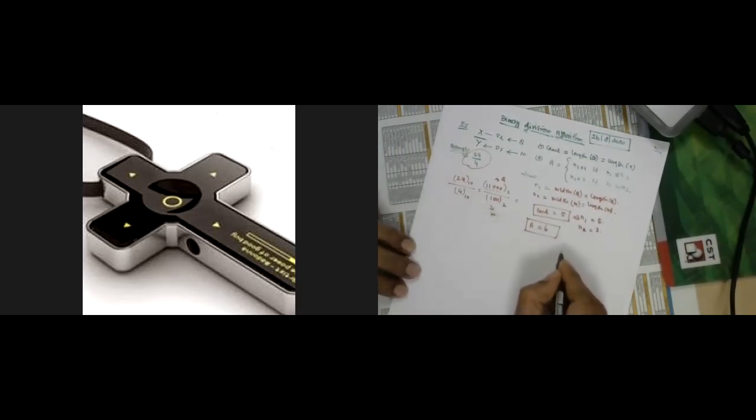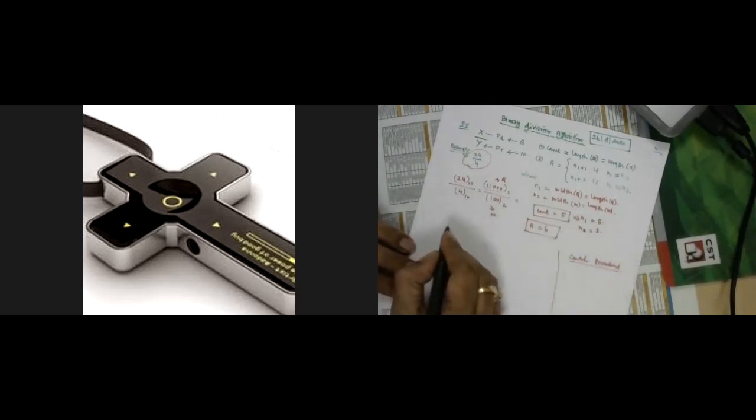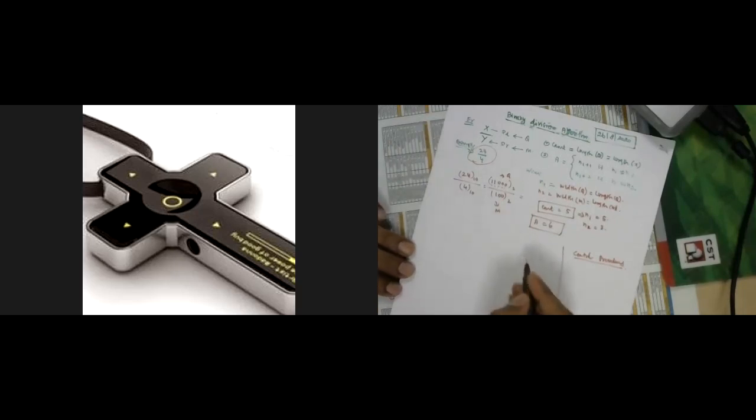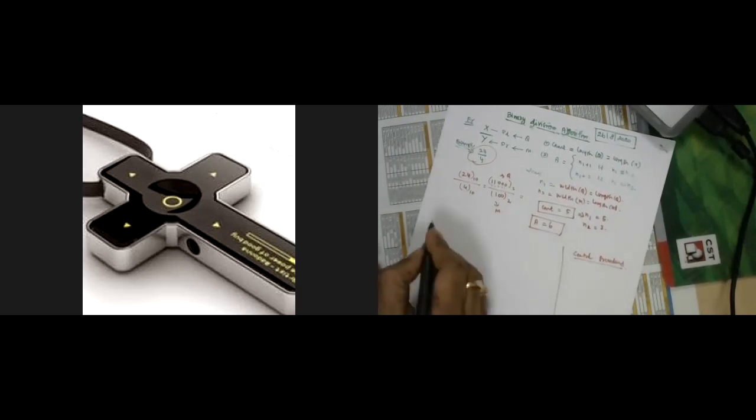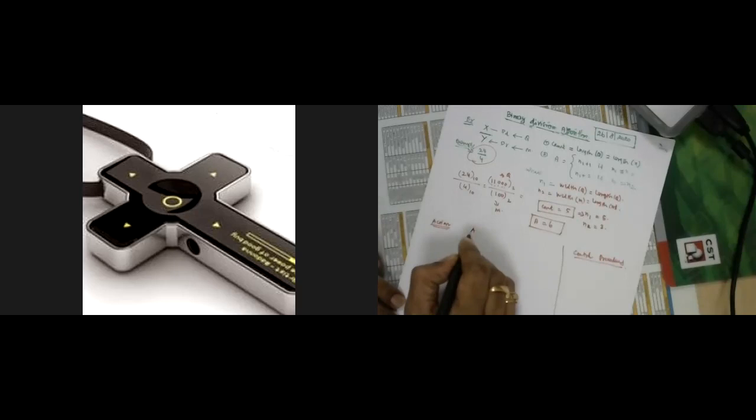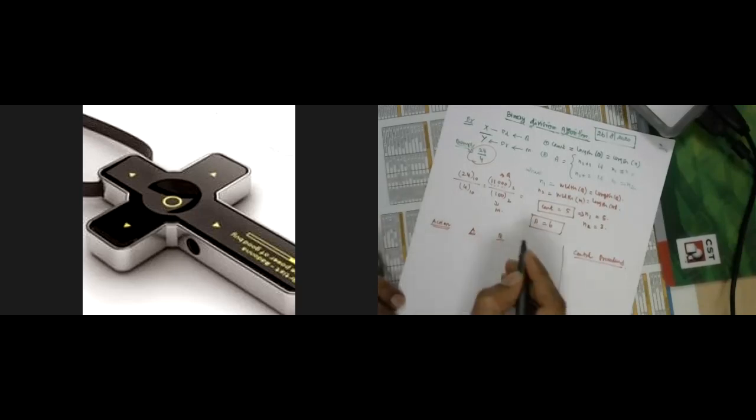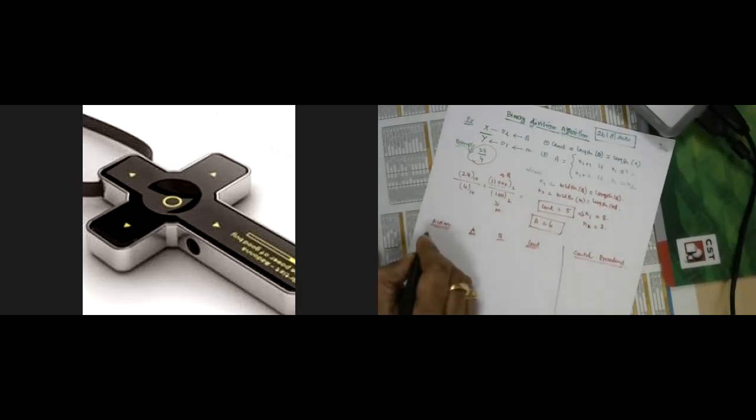For our understanding, on this side I'm taking some control procedures. On this side I'm taking the way the registers will be refreshed or reloaded with new values as we progress in our algorithm. For better clarity, I'm writing here the action. Then I take the accumulator register A here, the Q register here, and then the count value here. So the first action is initialization.